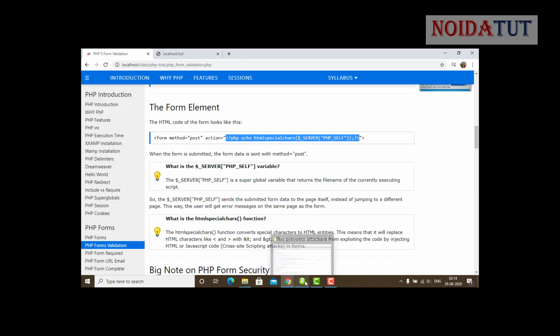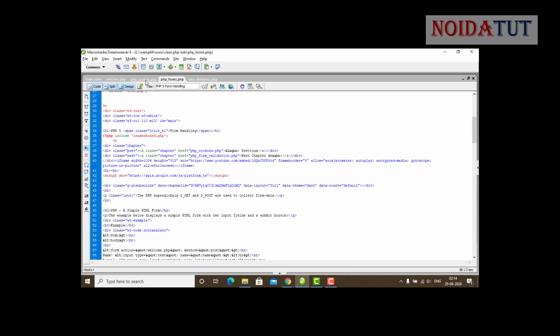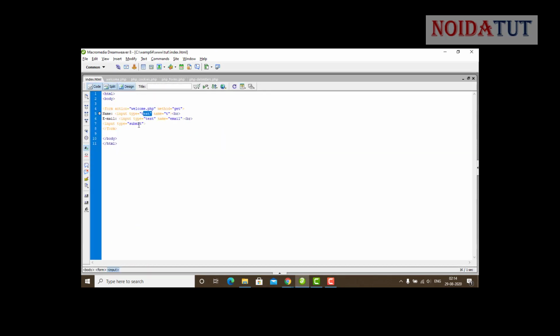I have copied it and pasted it in the index file, welcome.php, which we were working on. This page is continued from the last tutorial.